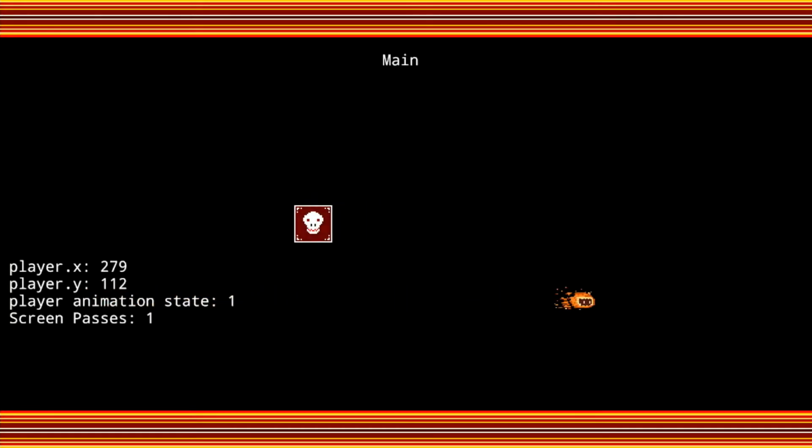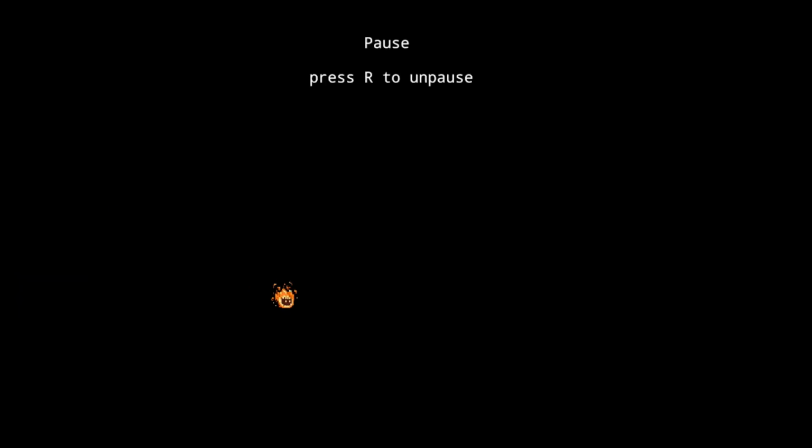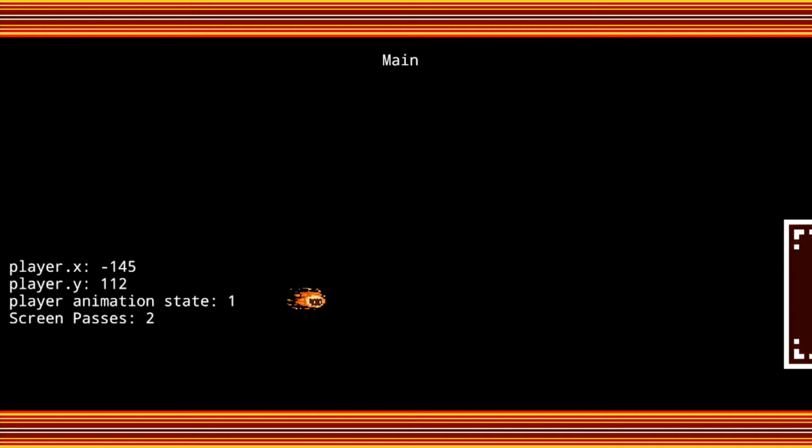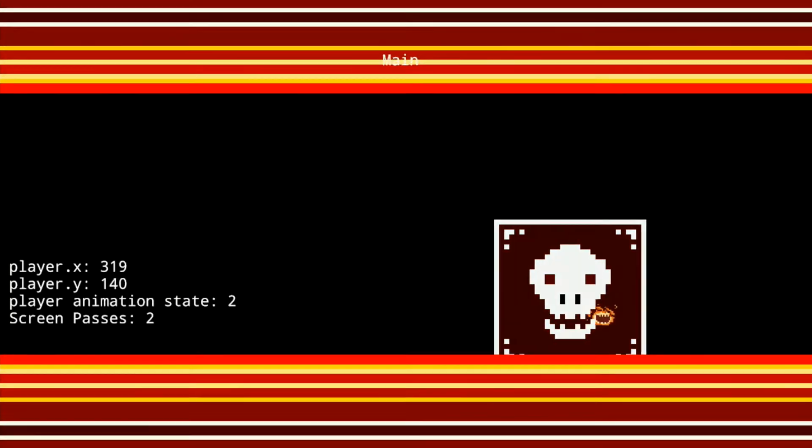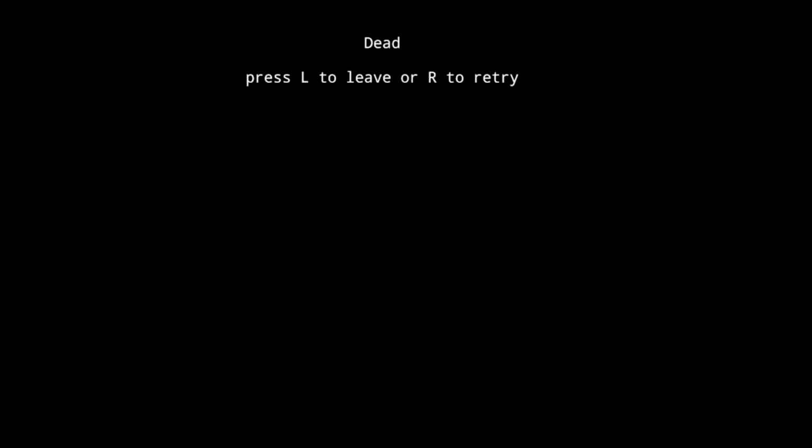Also got a pause menu if you hit the R button. That L button even. There you go, that's the pause. It's the unpause, and that's not good. So